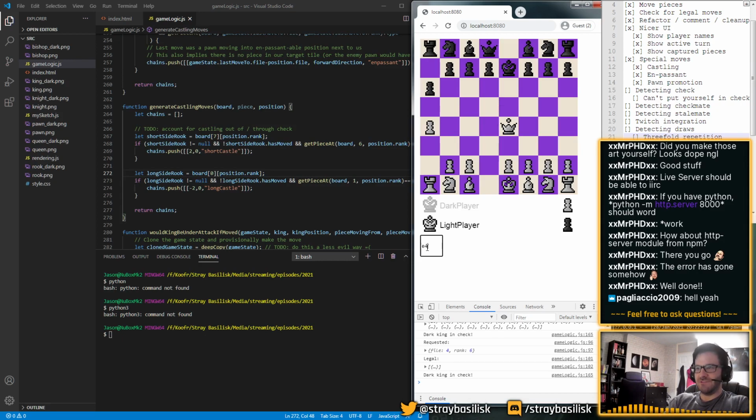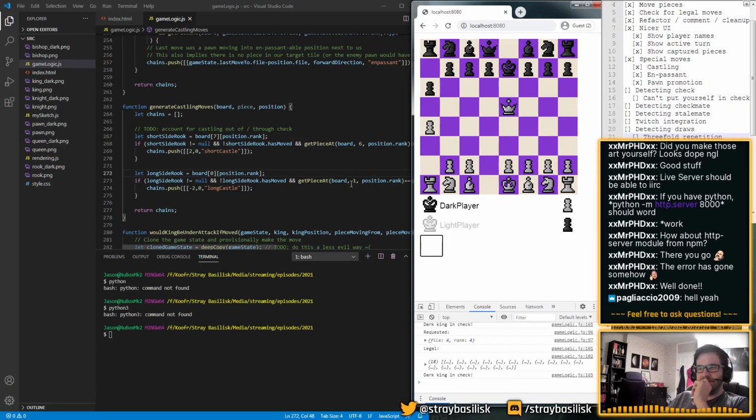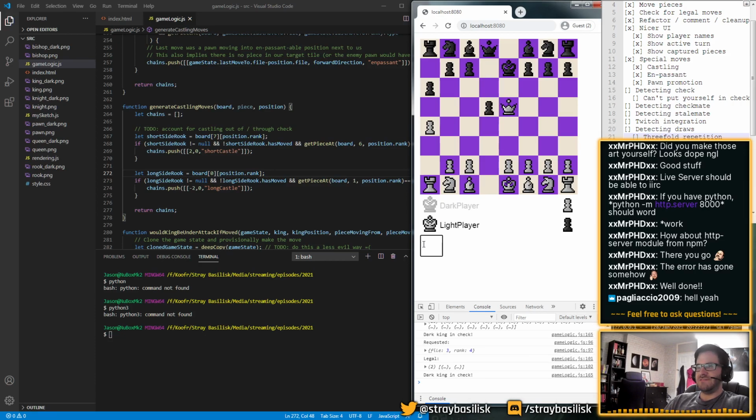So E4, E5, I don't know, still a check. Okay, I'm just going to kind of trust that that probably works. We should probably try and block the check. God, I wish I was better at chess. What's the best way to block this thing? So I'll move D7 to D5.